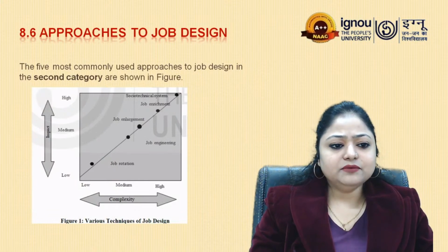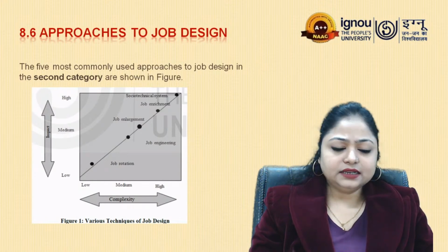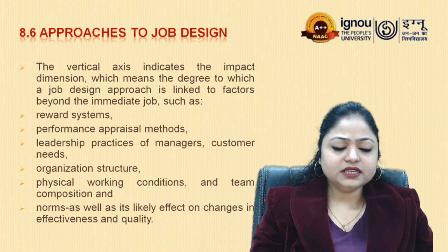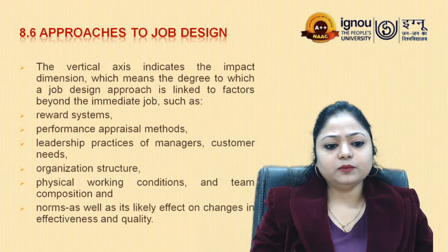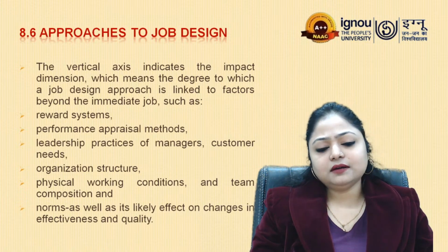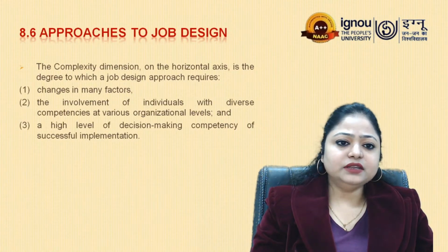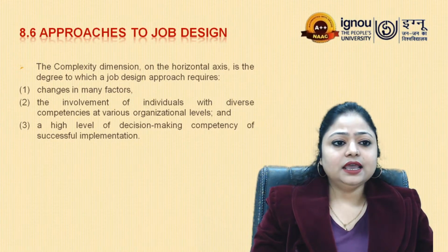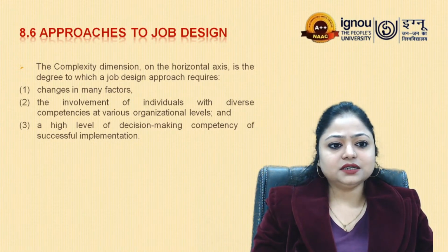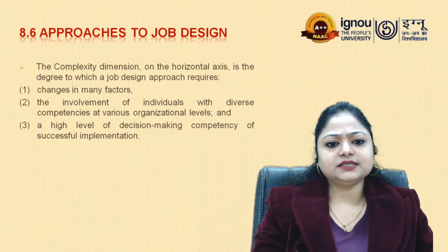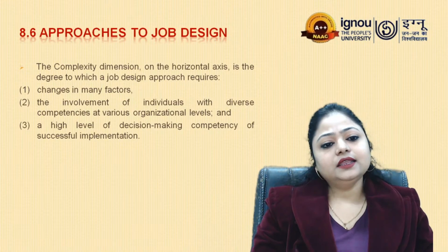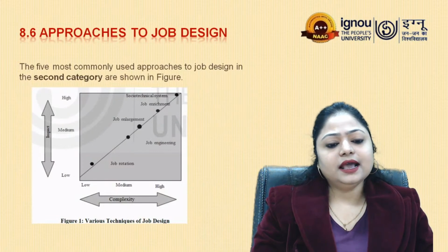As we can see, the impact on the employee is higher, medium, and low at the vertical axis, and organizational structure or physical work condition, team composition, norms, as its likely effect on the changes and effectiveness of the quality of the work. Then the complexity dimension is there on the horizontal axis, and there are changes in many factors. Involvement of individuals with diverse competencies at various organizational levels is there. Then a high level of decision making competencies, successful implementation of work is there. As we can see,